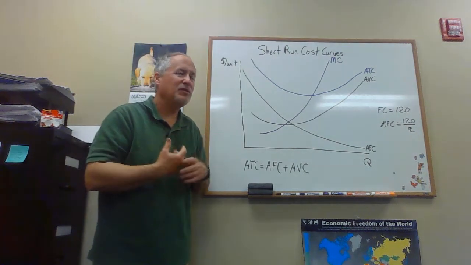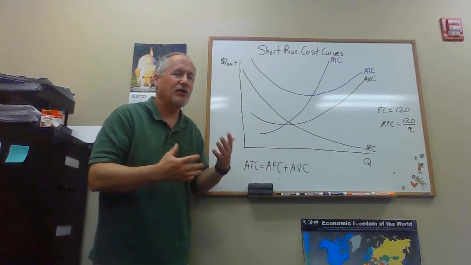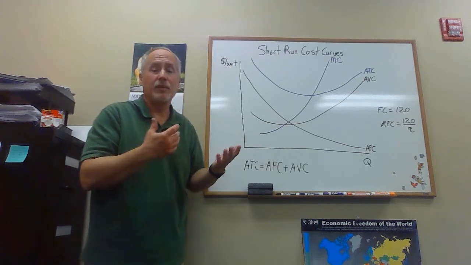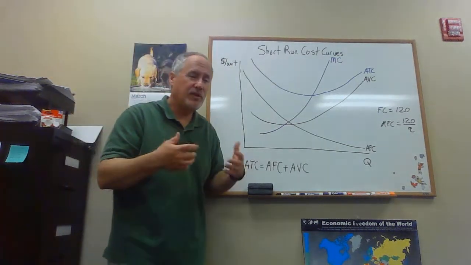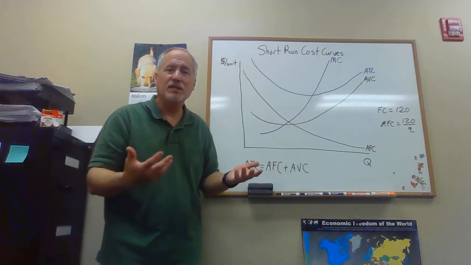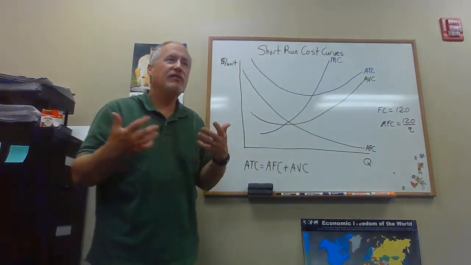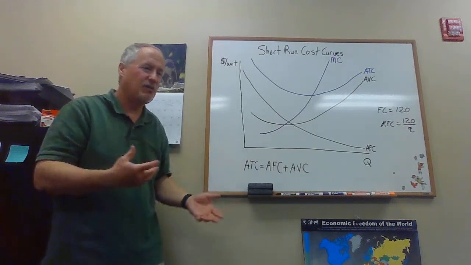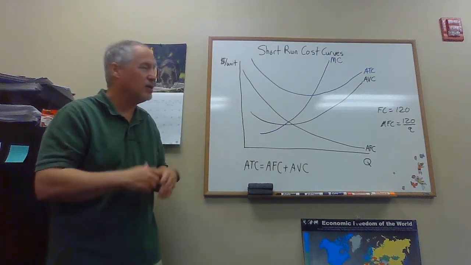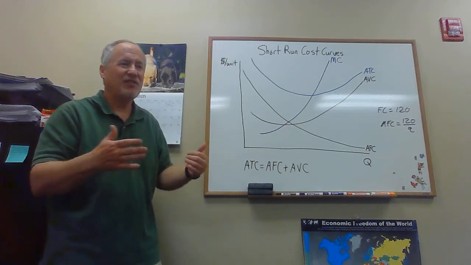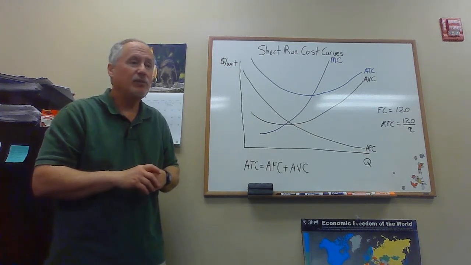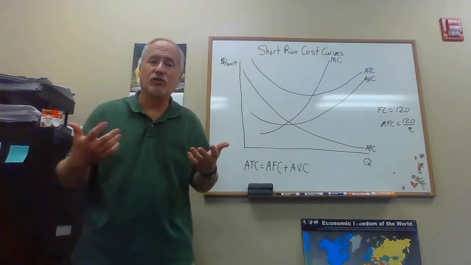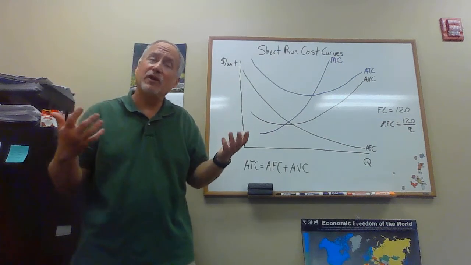If you're running a farm and you've got 100 acres, there is going to be a limit to the amount of soybeans or corn or peanuts that you can grow on 100 acres. Even if you use other variable inputs, lots of labor, lots of fertilizer, lots of water, everything else you might want to do, at some point it's going to be hard to squeeze out extra output. You'll have to use a lot of extra variable inputs, and that means it'll be very costly to get